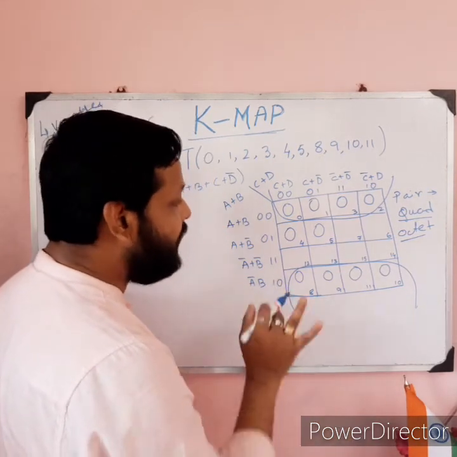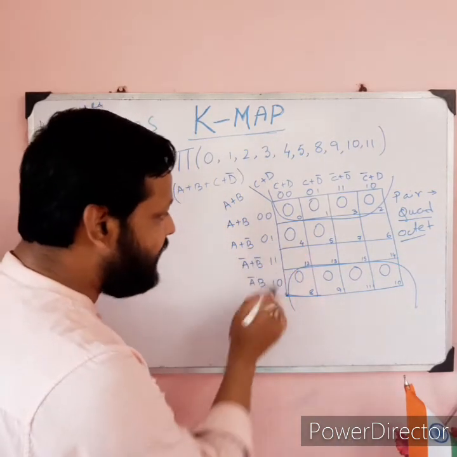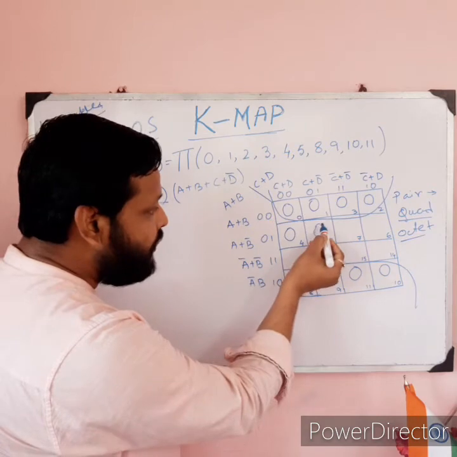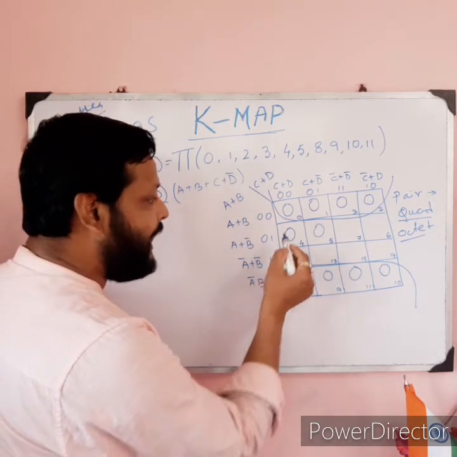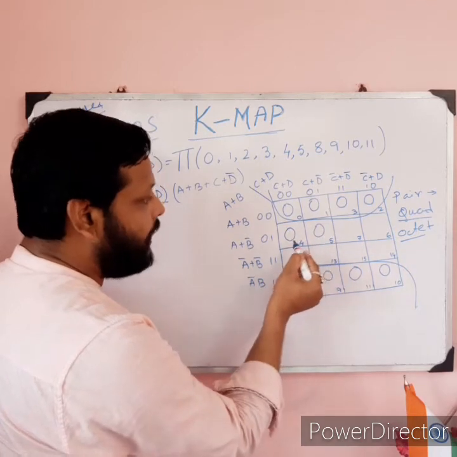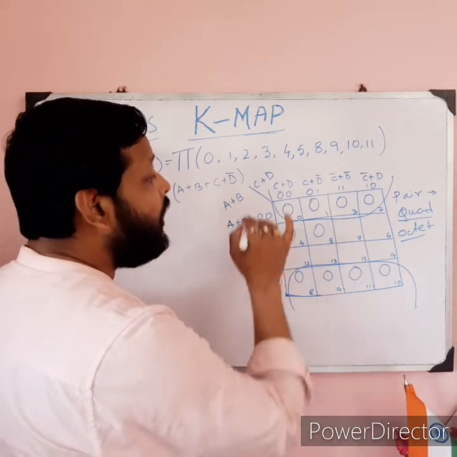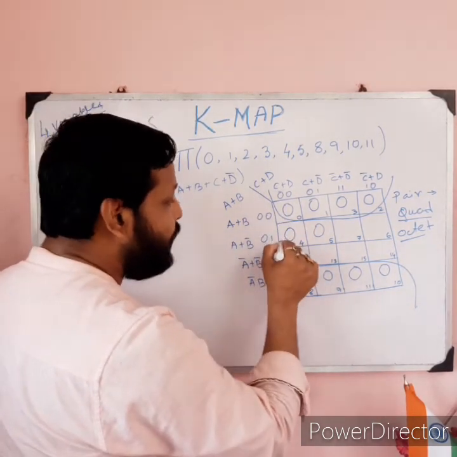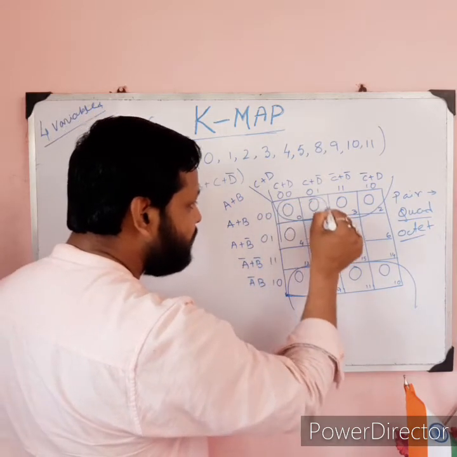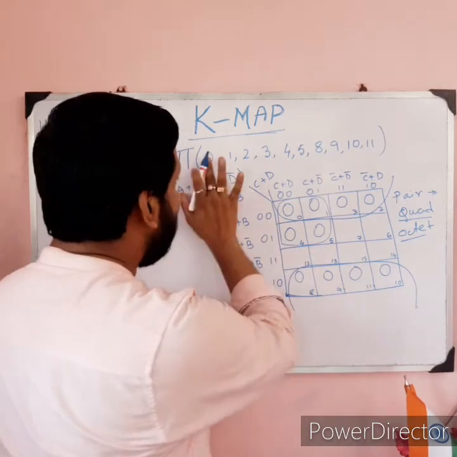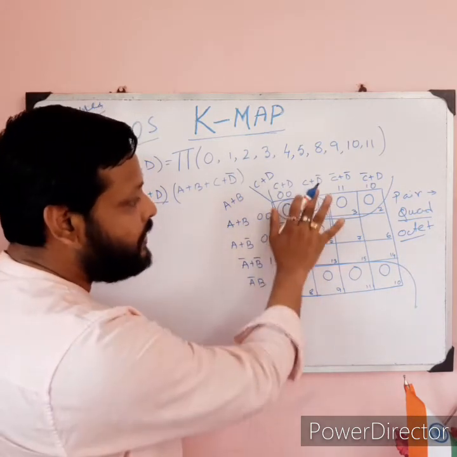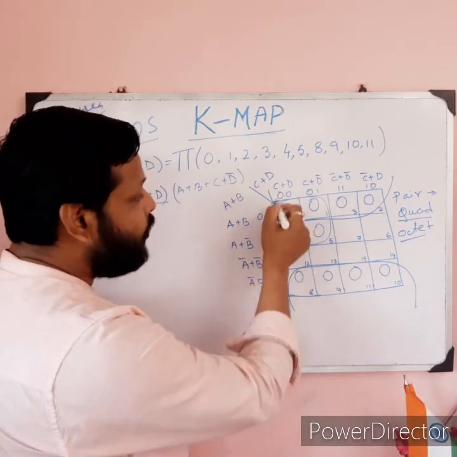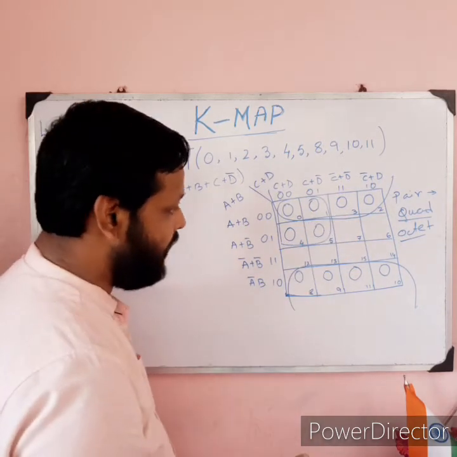then only. See, one real life example is here, like 4 and 5. Without redundant, we are able to create a pair. That means without using a term more than one time, we are able to create a pair. But we'll go for a quad. Why? Because we are able to create a higher group. See this one. So from this, if I want to solve this problem, two groups are created here. One is an octet and another one is a quad, and all are in symmetric form.